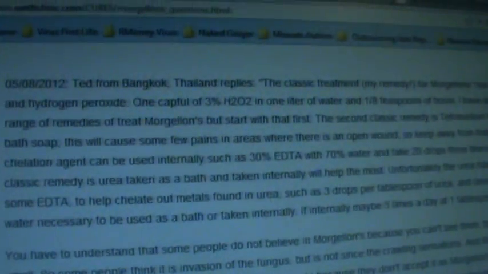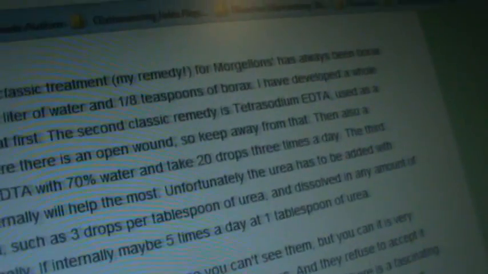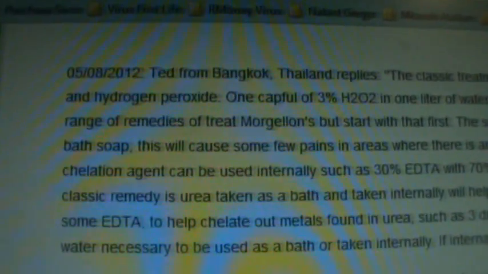Ted from Bangkok, Thailand replies, the classic treatment, my remedy for Morgellons, has always been borax and hydrogen peroxide. Borax being a means to chelate,